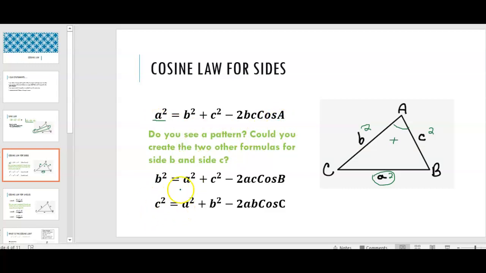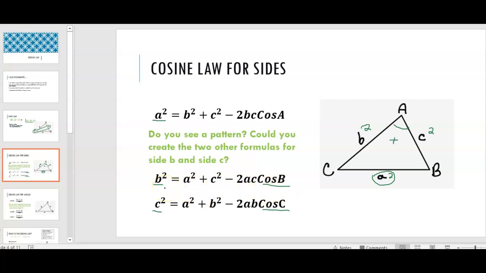And if you rewrite the formula for the other two sides, as you notice here, you're solving for side B, here you're going to have cosine of angle B. You're solving for side C, here you're going to have cosine of angle C. And then all sides are squared in the formula on the first half. And then you're going to add the square of the other two sides that are given to you. From that, you're going to subtract double the product of those two sides multiplied by the cosine of the angle